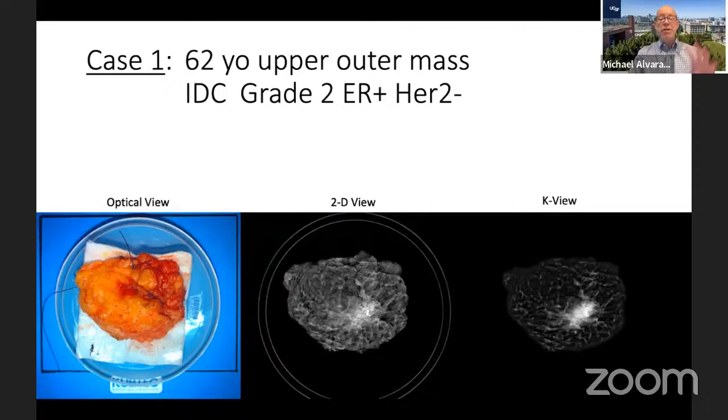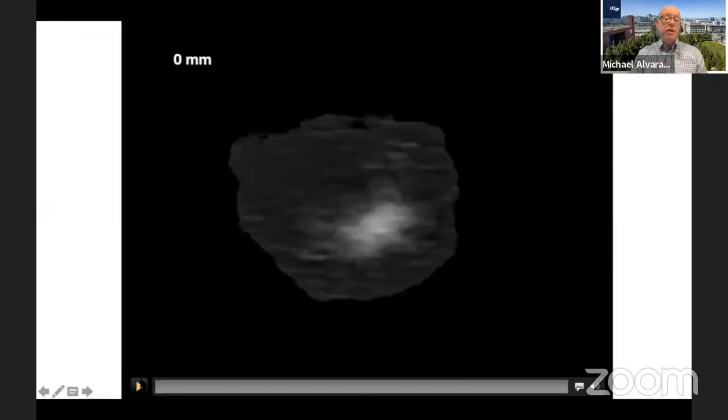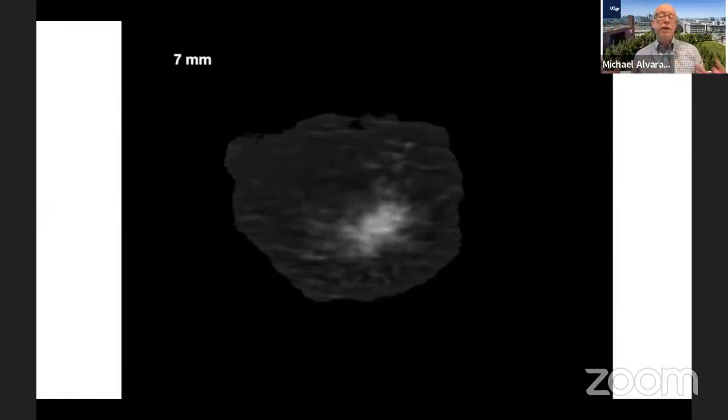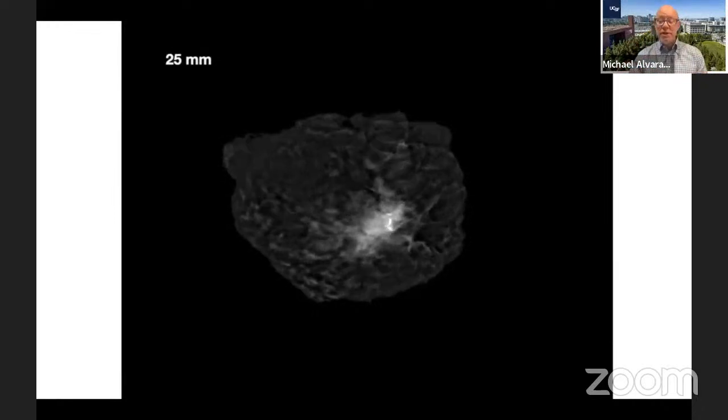When you take the picture with the CubTech Mozart, you have the optical view, a 2-dimensional view, and then the K view, which takes the 3-dimensional and turns it into a 2D view, which is very crisp and clean. Here's kind of running it through. You can see as you go from top to bottom, and you can look for your calcifications. You can look for your clip to see where it is compared to anterior and posterior. So that gives you a little bit more information in terms of how to determine what may or may not